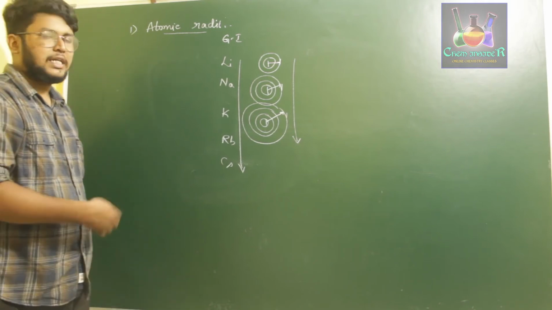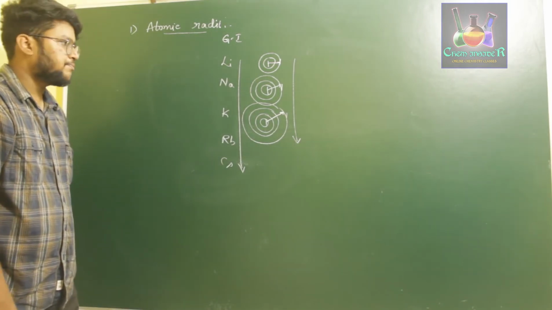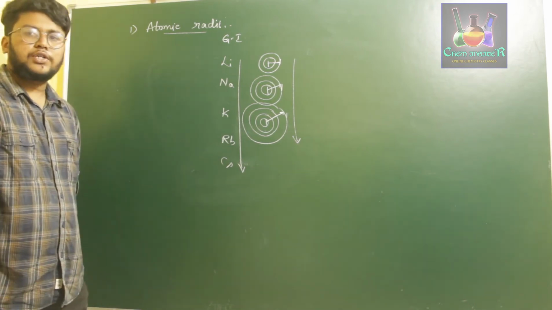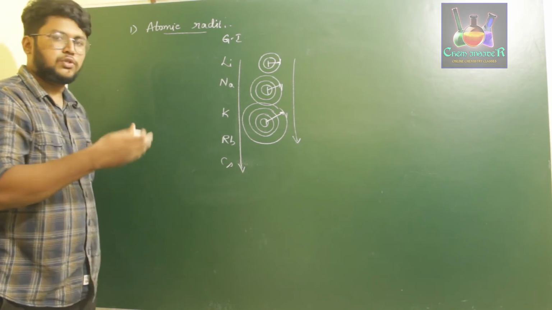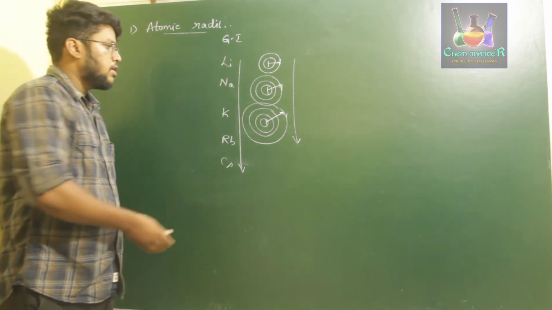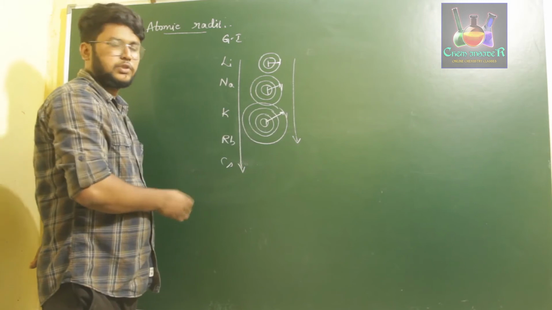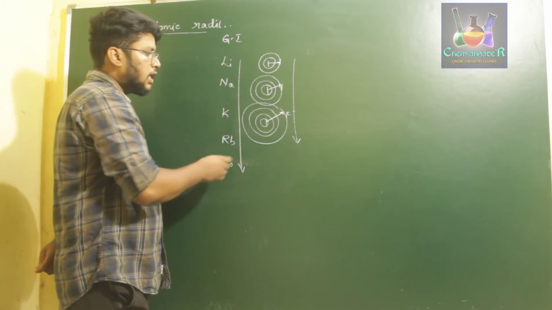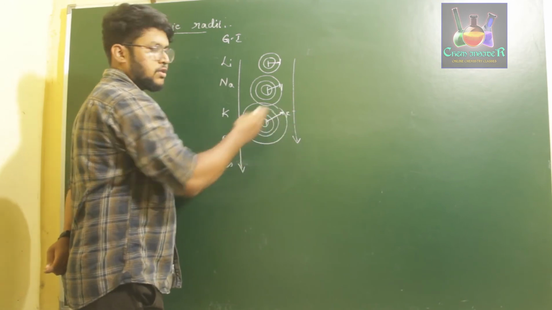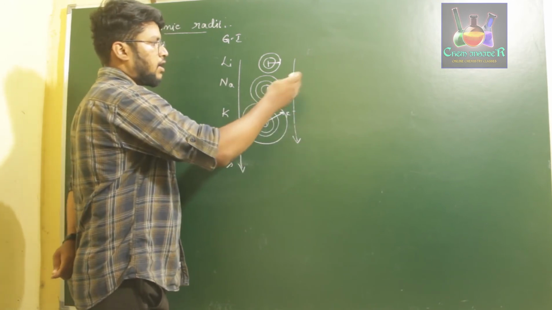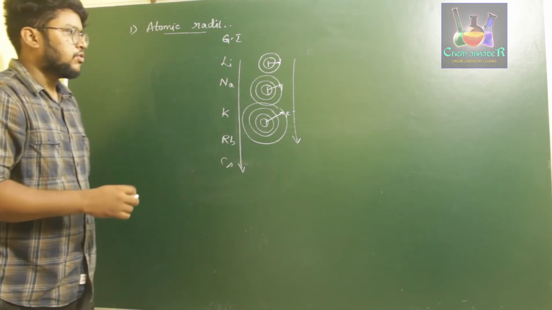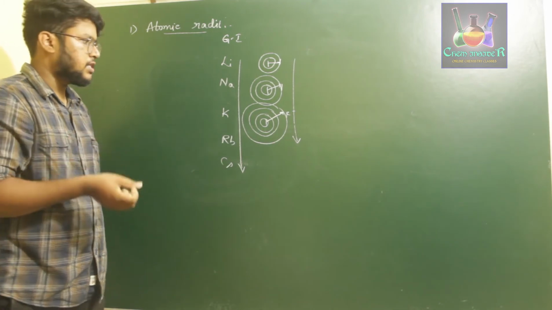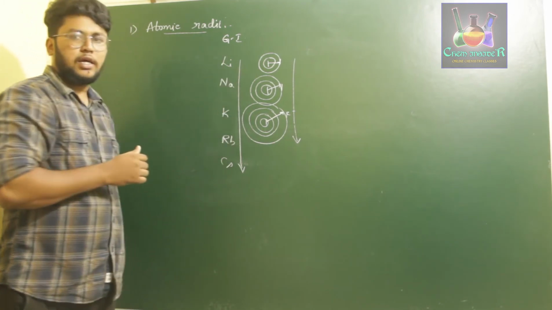The number of shells increases as we go down the group, which results in the attraction of the electrons towards the nucleus decreasing. Since the shells increase, the electrons coming in later will be placed farther and farther away from the nucleus. So there will be weaker attraction of the nucleus towards the outermost electron, which results in an increase in radii.